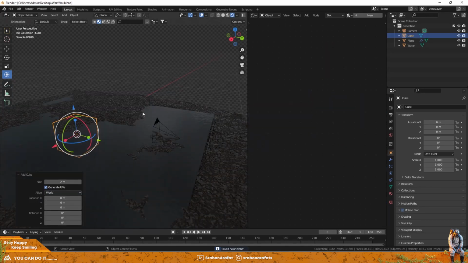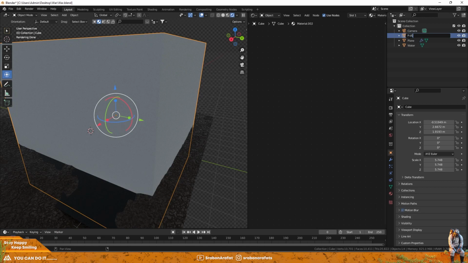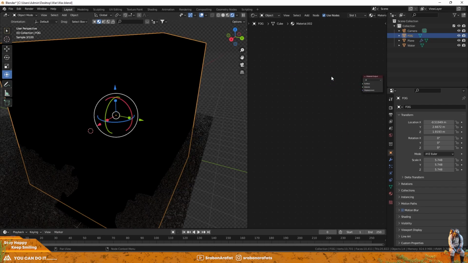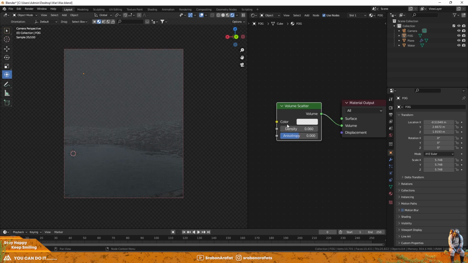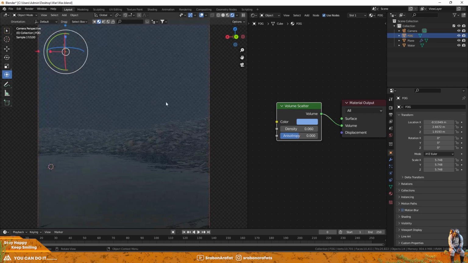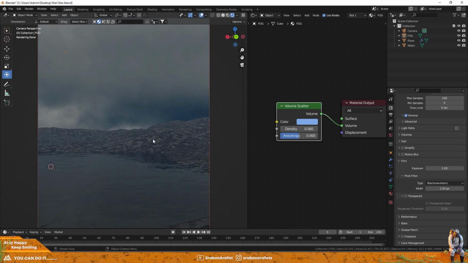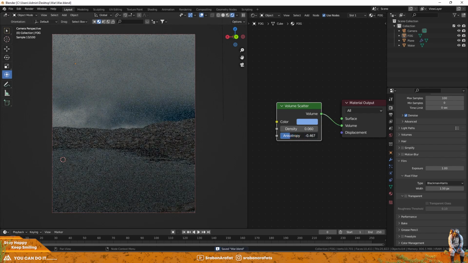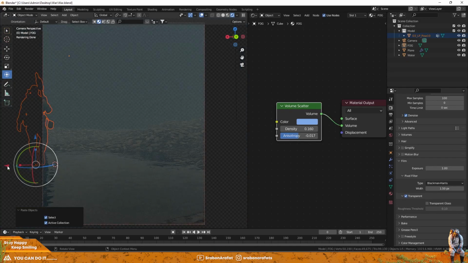To create the foggy scenes, I added a cube and used the volume scatter material to make it foggy. Then I placed the characters in different spots.